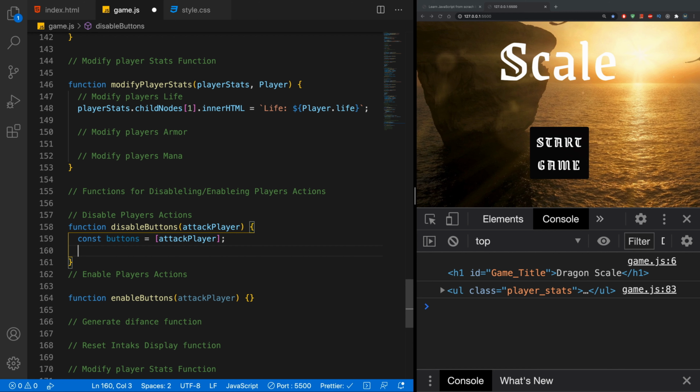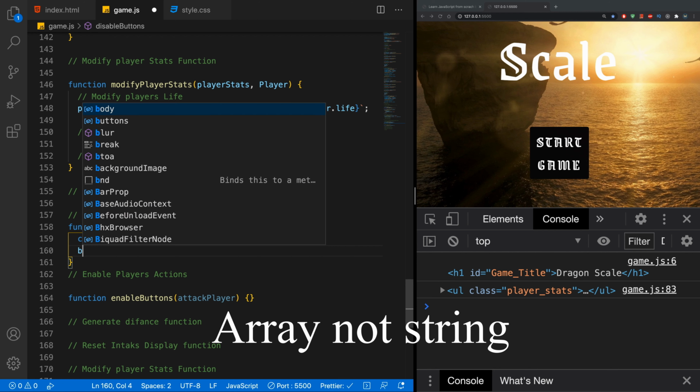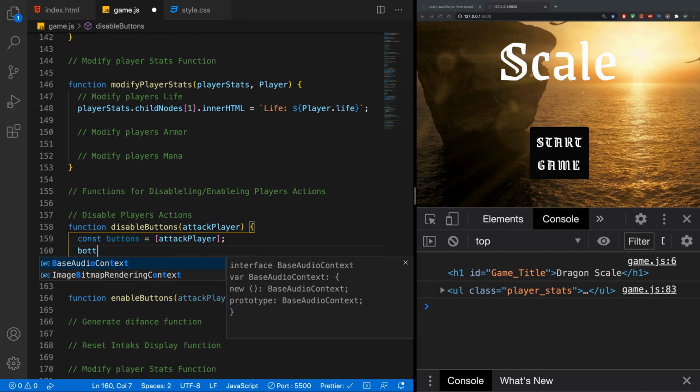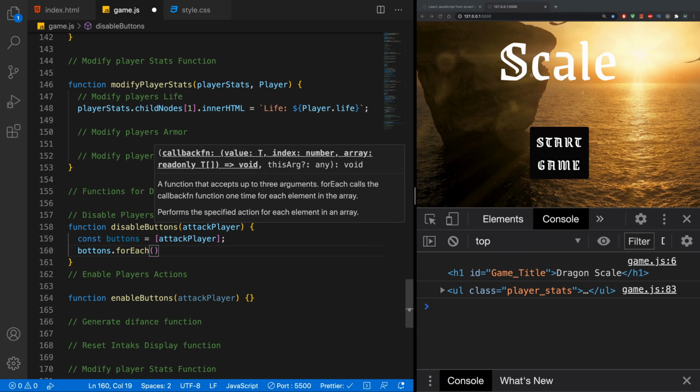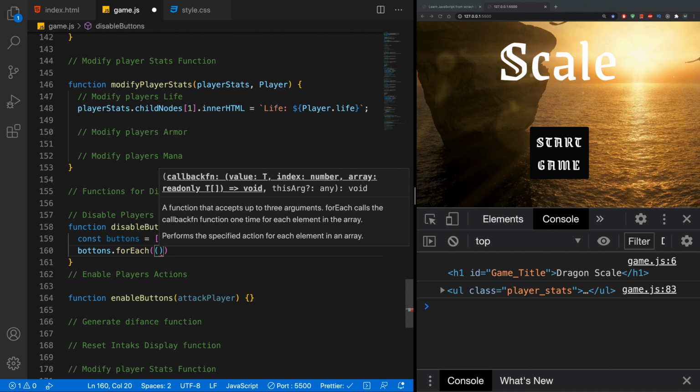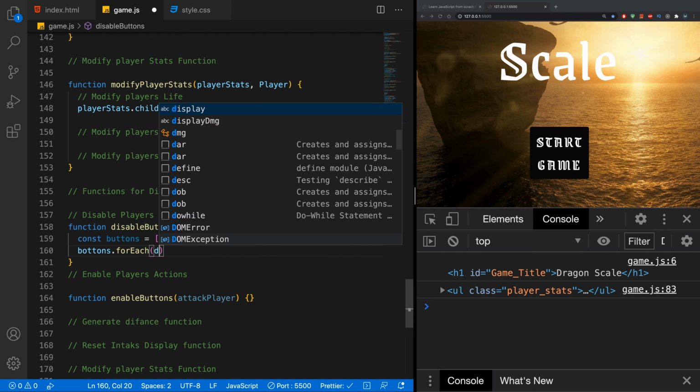And I want to have this in a string because now I can use a buttons dot forEach loop on it. So for each button, and I'm going to use an arrow function again. The forEach loop always has a callback function. So first of all, I'm going to do it like this. So forEach function